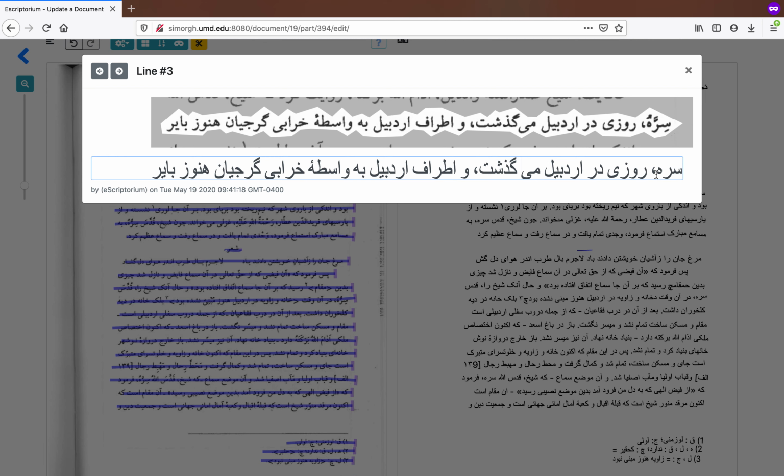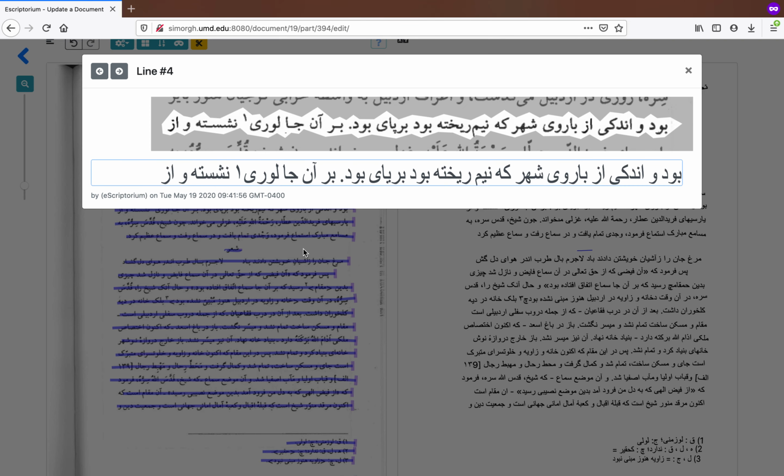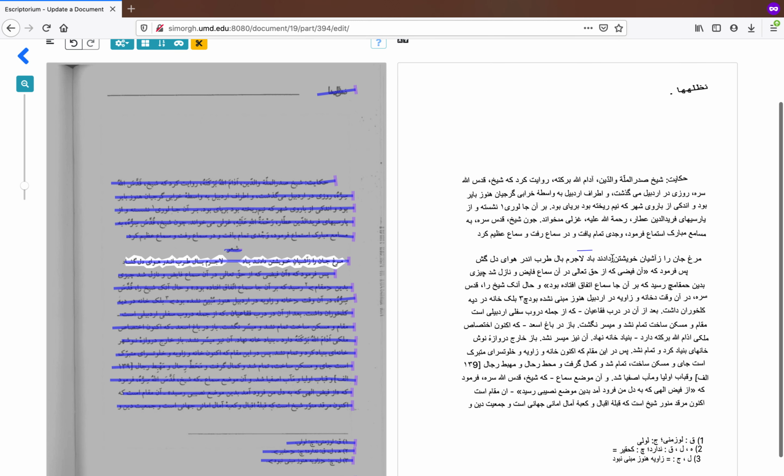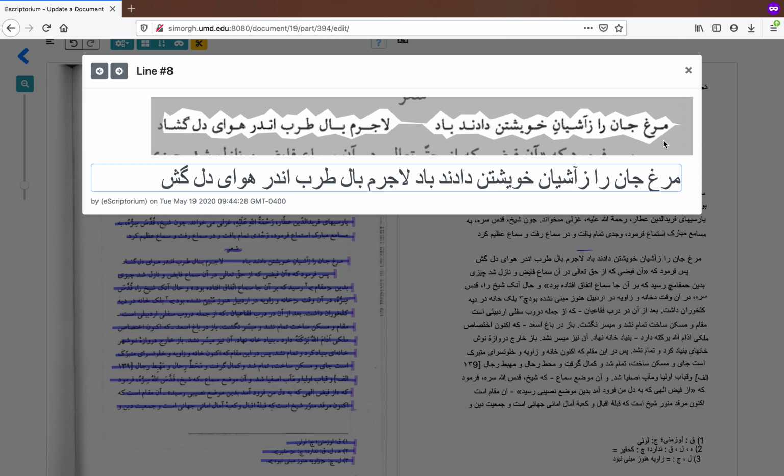So again, we would do the same thing as with the previous line. We would make sure that everything matches exactly. So even if we don't necessarily think that it is correct, we want to make sure that everything is in order. So let me go down and show you another problem that may crop up. So as we go along this line, we'll notice that the last